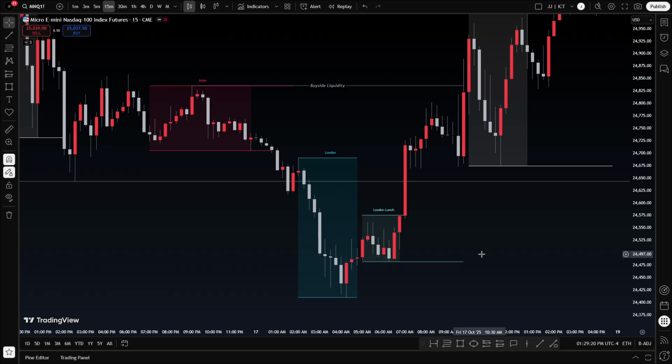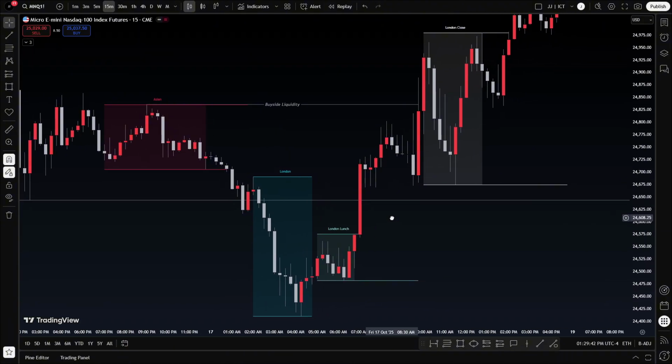Got it? So once you put both of those concepts together and understand that time and price work together, price being liquidity, time being kill zones, once you put those two together, it supercharges the levels of liquidity, causing price to react to it in such a significant way in which the algorithm will value it more because the algorithm runs off of what? Time.